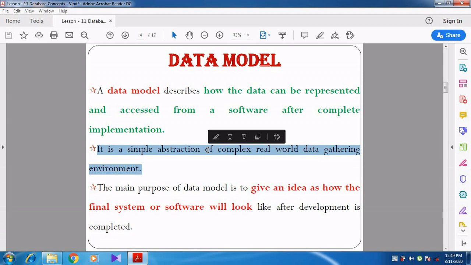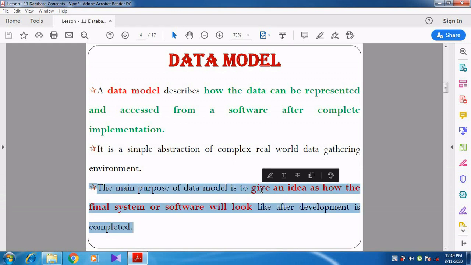The main purpose of the data model is to give an idea of how the final system or software will look after the development is completed. Whenever the software is completed, it is going to show you the final thing, how it will be.